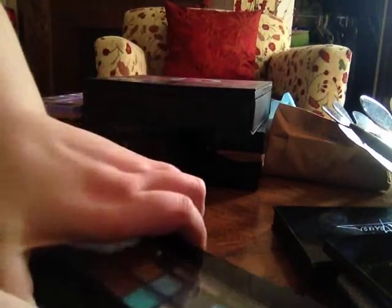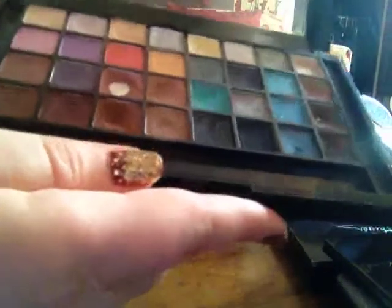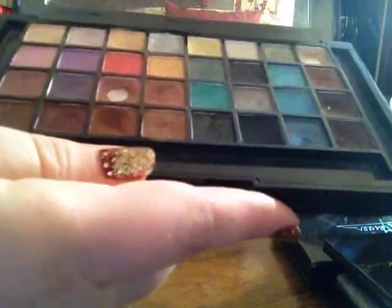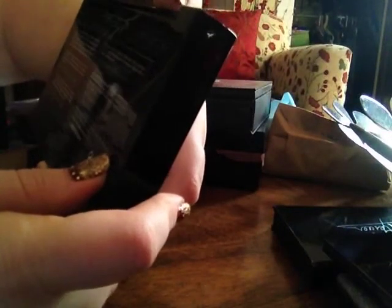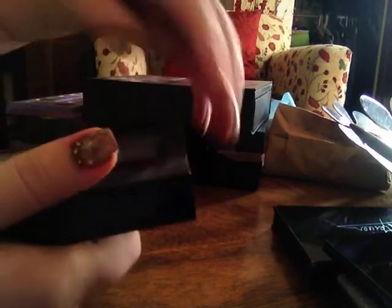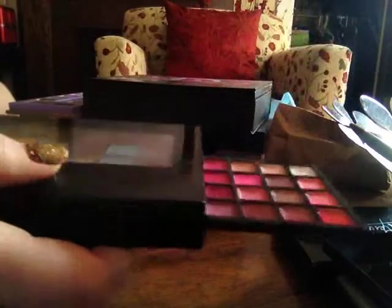Okay, next I have another Sephora palette. I've used it in a lot of my makeup videos that I've done before, and it just has all kinds of vibrant colors that I like to use. Yeah, it doesn't have the names listed, but another good thing about this, it also has these lip glosses,